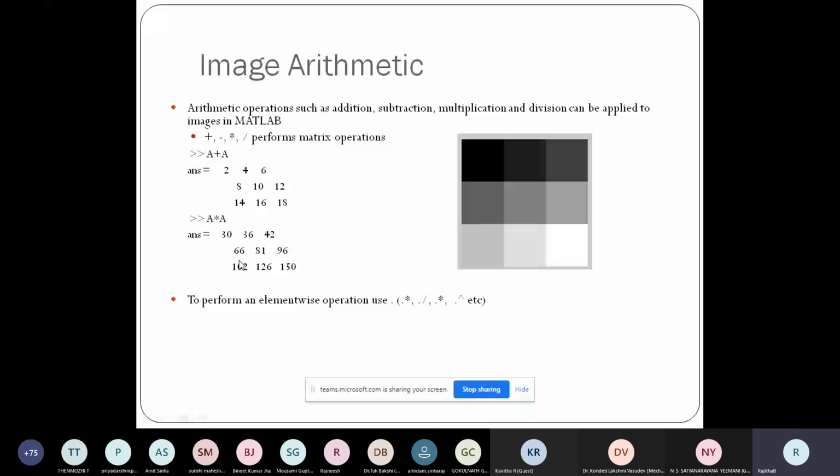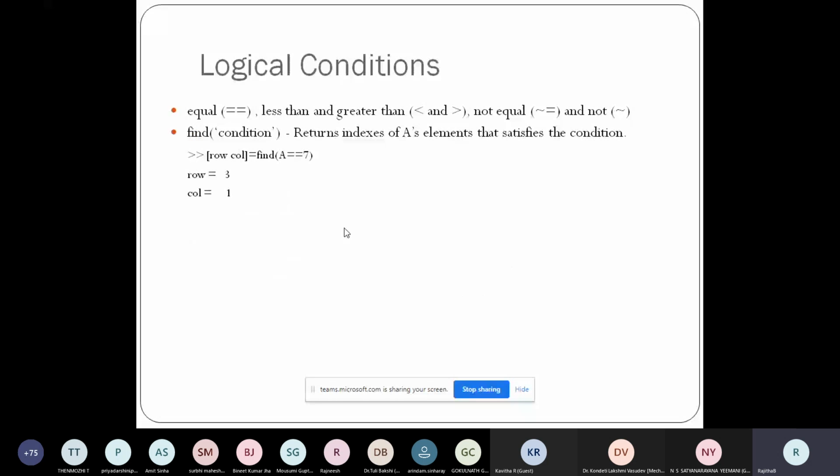So now these are all the logical operators. Now I'll tell you one logical operator which is very interesting. Suppose I have this matrix A, and I'm trying to find out, see, I have a command here. Forget about the left-sided one, just look into the right-sided. find of A equal to 7, right? find is a function, and it finds some value 7, where all the 7s are in the matrix A. Are you getting?